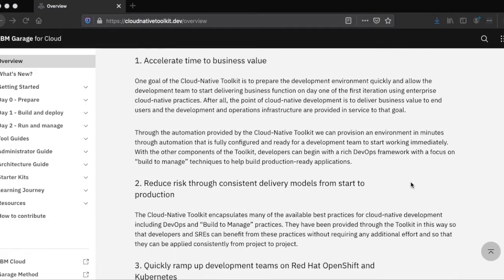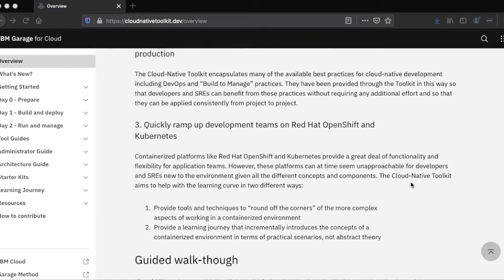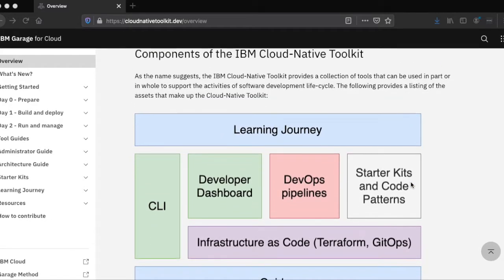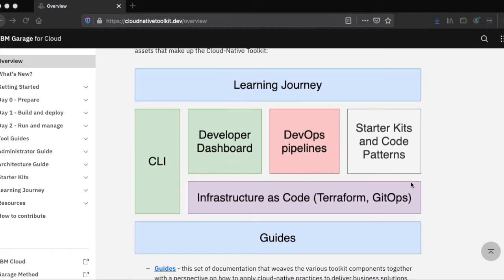The IBM Cloud-Native Toolkit provides a collection of tools that can be used in part or in whole to support the activities of the software development lifecycle. These assets include guides on how to use the components together and utilize cloud-native practices to deliver business solutions, Terraform scripts and GitOps configuration to provide and manage the environment, a Cloud CLI that provides commands that simplify common steps used in the development process, a dashboard component and Red Hat OpenShift console extensions to simplify common developer activities,